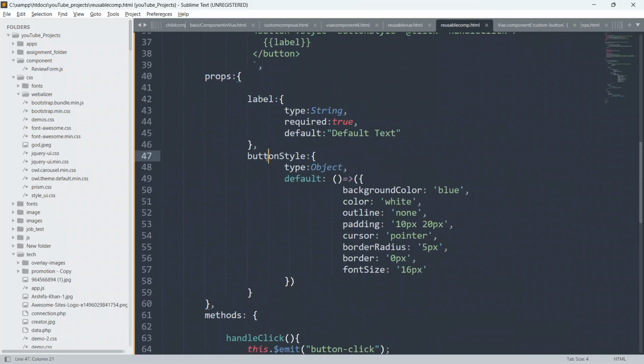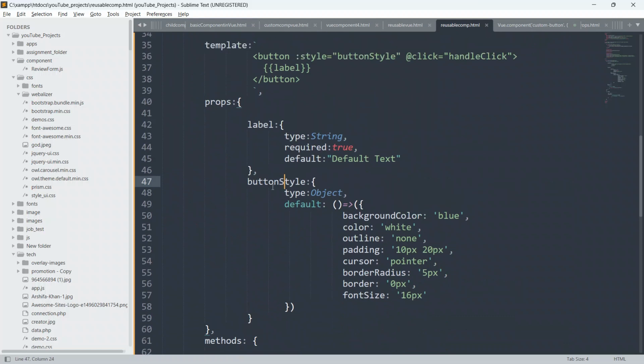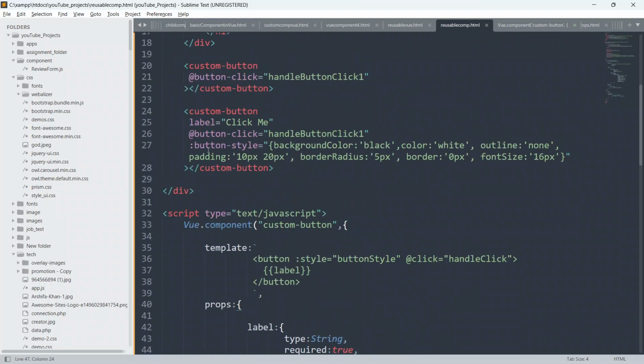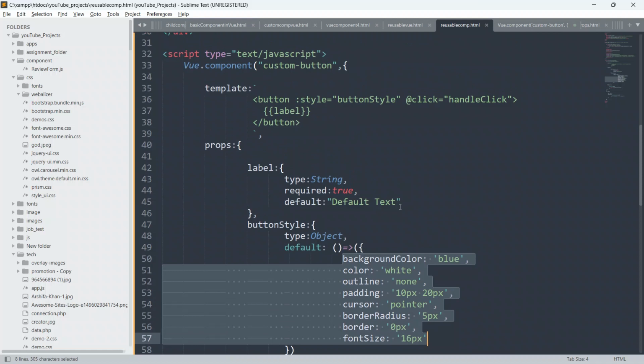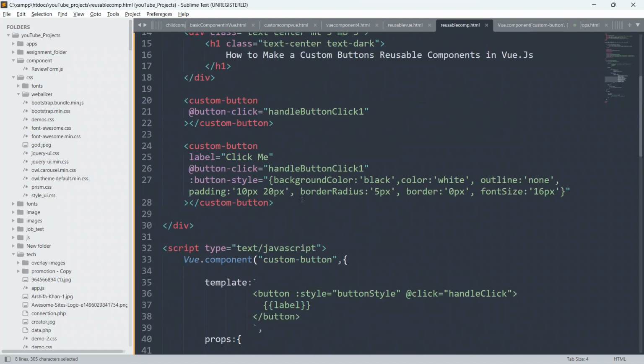Because here we have defined our button style, and S is capital. So whenever you call this object here, you have to give button-style, say equal to double inverted comma, and give open and closing curly braces, and now you are free to define these custom CSS properties here on the button itself.